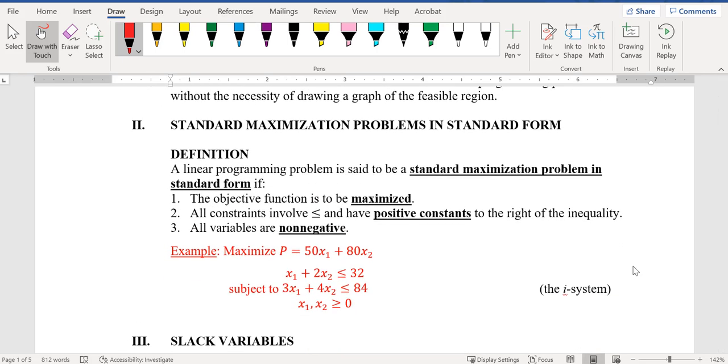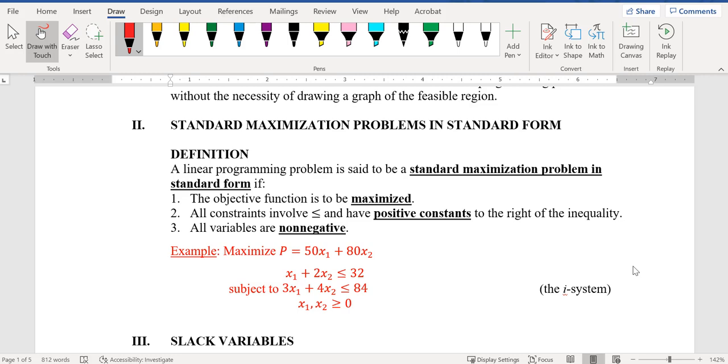Standard maximization problems in standard form. A linear programming problem is said to be a standard maximization problem in standard form if, and here are your three conditions: the objective function has to be maximized; all problem constraints involve less than or equal to and have positive constants to the right of the inequality; and all the variables must be non-negative. So an example,